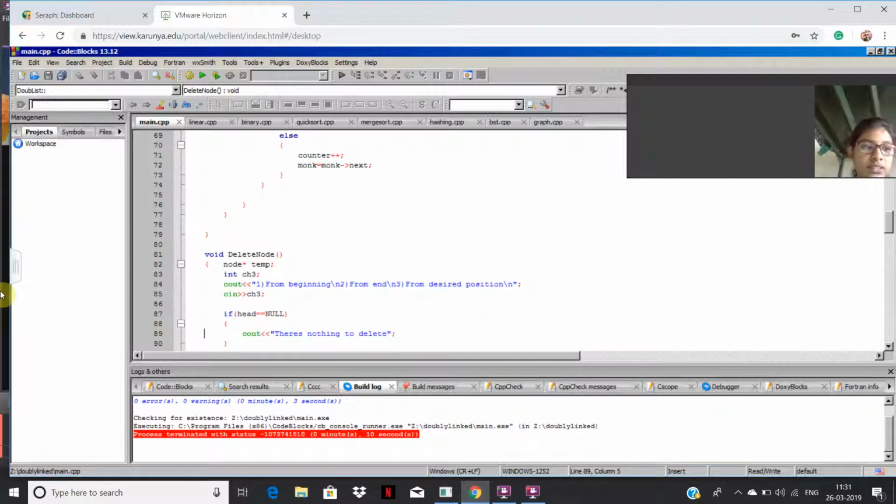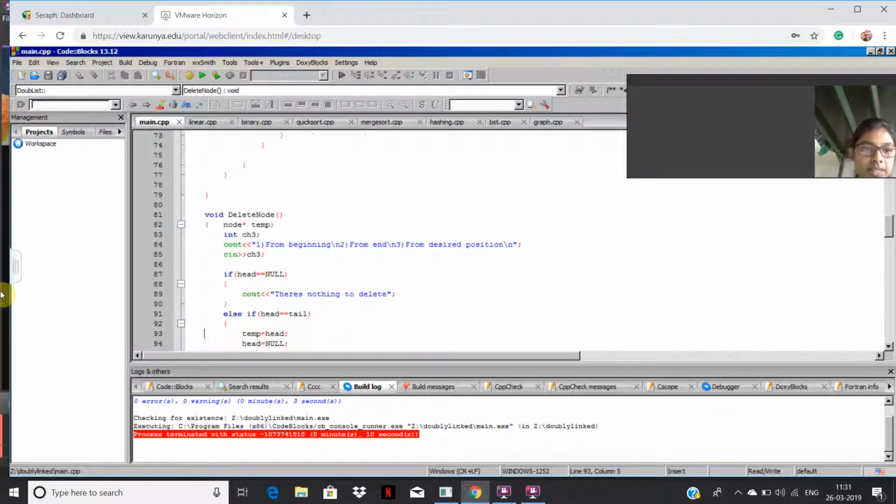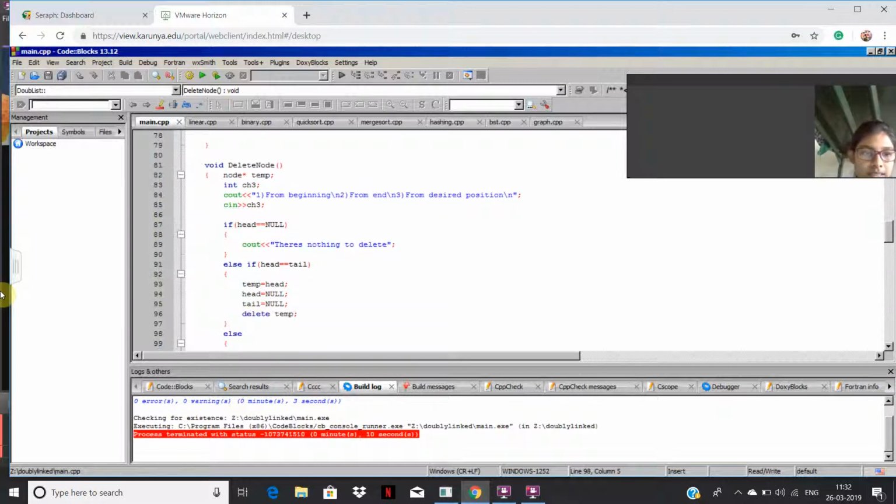The next case, case 2, removing the tail. We are removing the tail here. Set the tail to null and set the previous node as the new tail, and update B's next node pointer value to null. Then case 3, removing from the middle of the list: the next node pointer of A